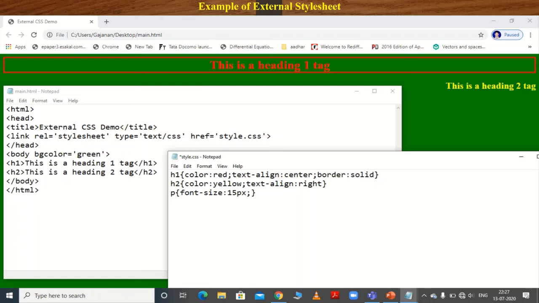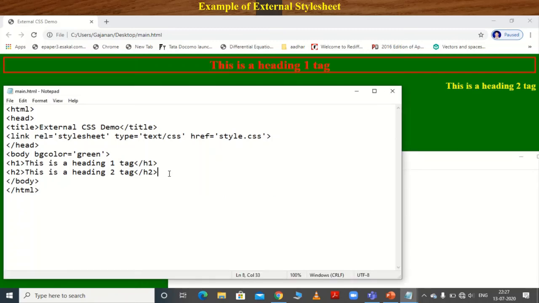Then font style is colon italic, okay. So we will use this tag in our main document, that is p here. So use the p tag.